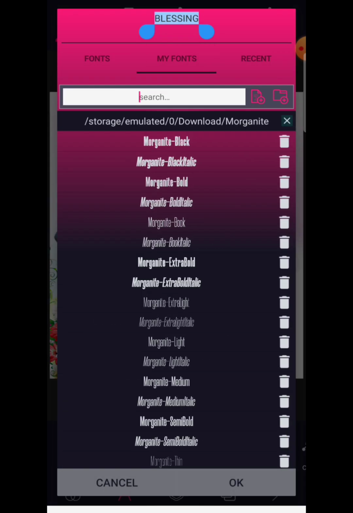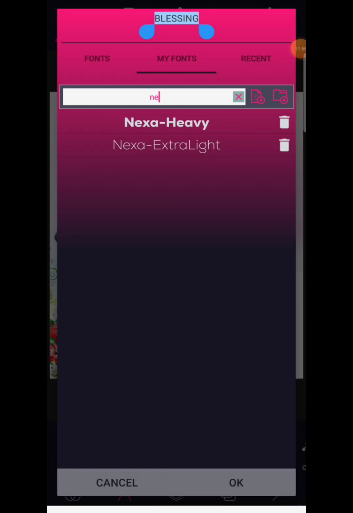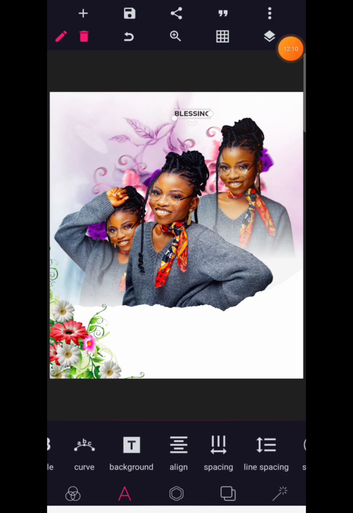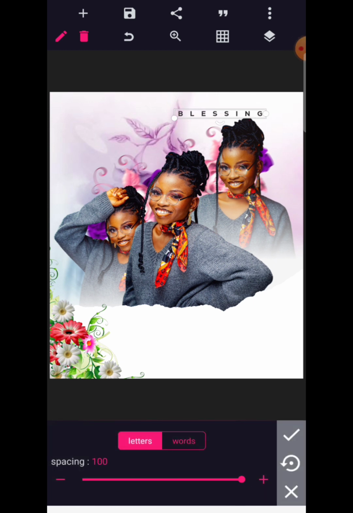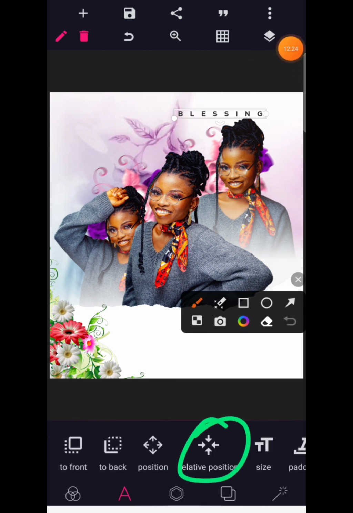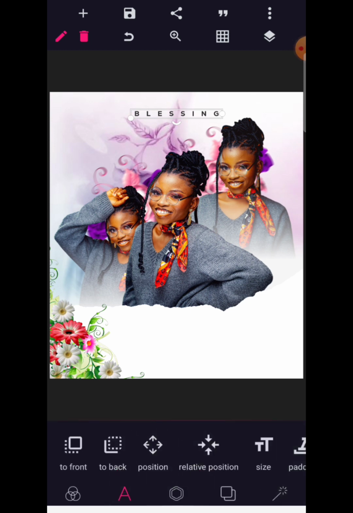Go to your font, pay close attention here to the font I'm using, and the name of this font is Nexa Heavy. So click on it, click OK. It's Nexa. But then look at what we're going to do. We're going to reduce the size of this a bit, and after reducing the size, come to spacing. We're going to need the spacing button. Increase your spacing completely, and you come back to relative position. Relative position here will help you to align the text properly, perhaps to the middle of your design page. So we're going to click here on this button, which is your relative center position. So after clicking there,